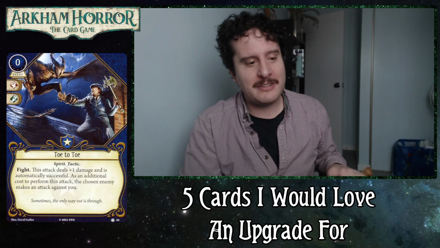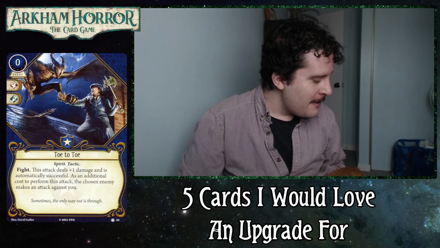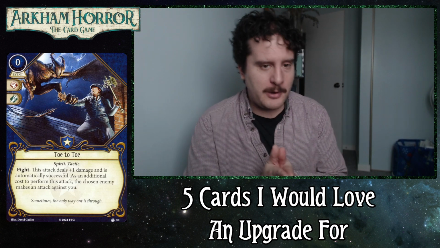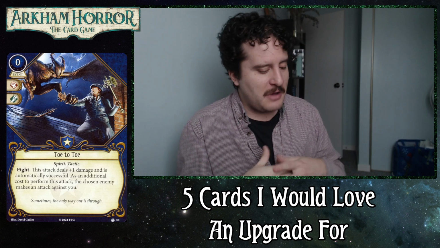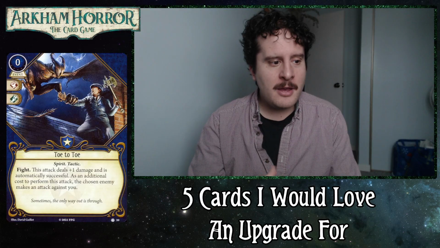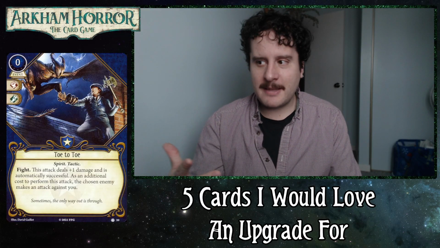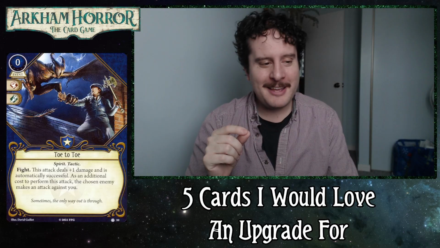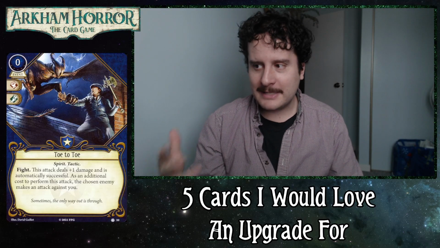Like a 5 experience card that deals +3 damage. What I would love to see from an upgraded Toe-to-Toe is a further embracing of the Thorns archetype, right? So it could be something as simple as basically copy and pasting that paragraph. My idea for an upgraded Toe-to-Toe is that either the one enemy attacks you twice